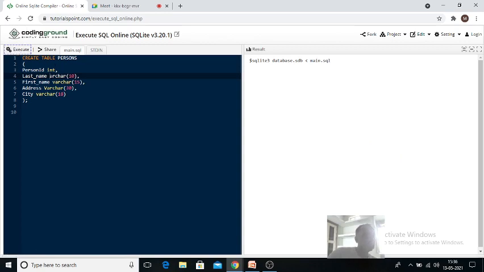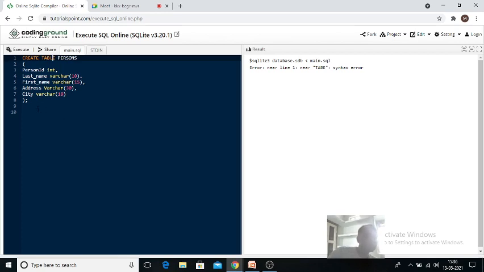Okay, see what I'll do. Now if your table spelling is not correct, again you will get a syntax error. Like this you will get a list of errors.